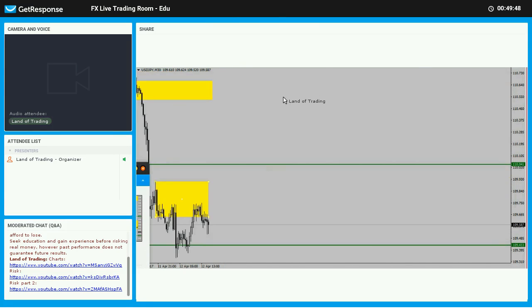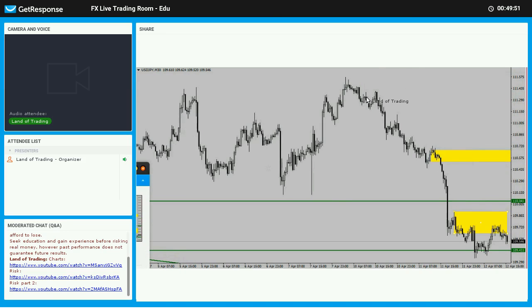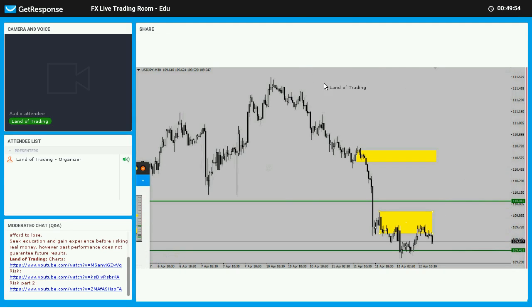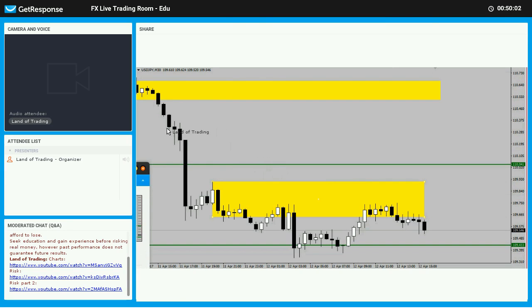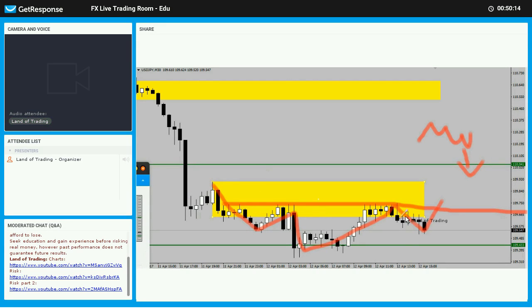So let's remove this 5-minute zone. Let's get back to the 30-minute chart and where we are, what we can expect here. I know that some of you already see this possible head and shoulders. Okay, but again, I would be very careful trying to buy this,